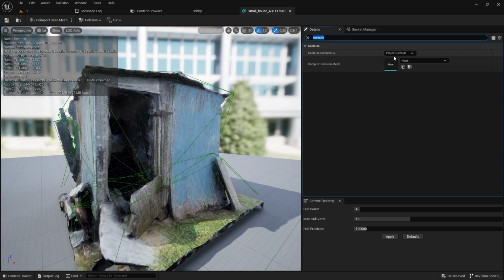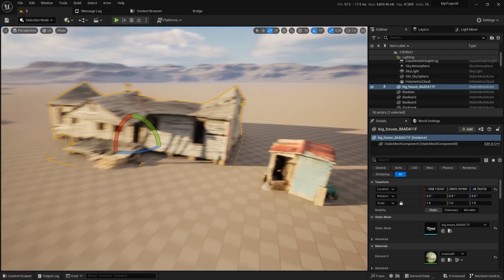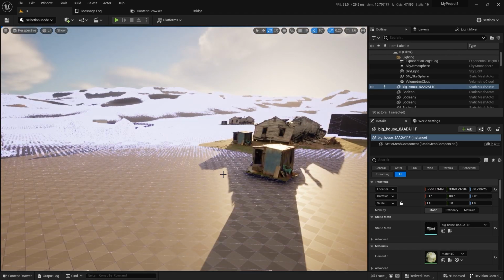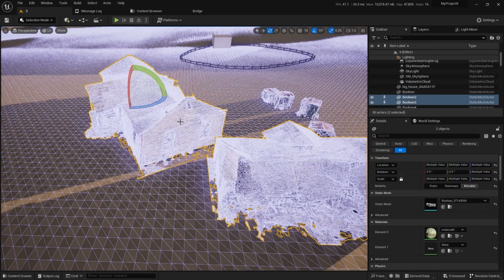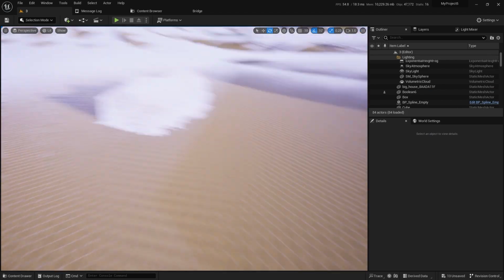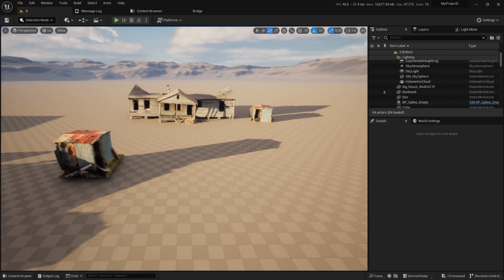But you can go here to collision complexity and put on project default, and you should be good to go. For bigger objects, you may want to have different collision. Like here, for example, you have the complex collision, which I don't want. It will make my game very heavy. And that's pretty much it